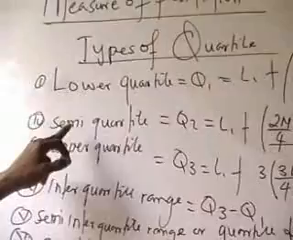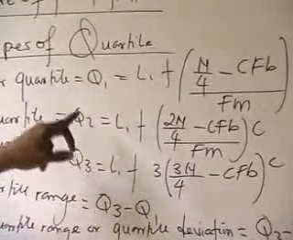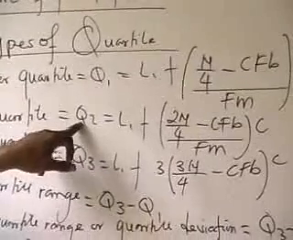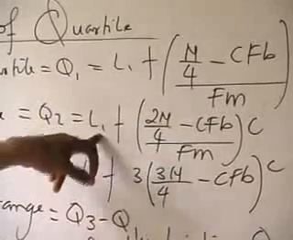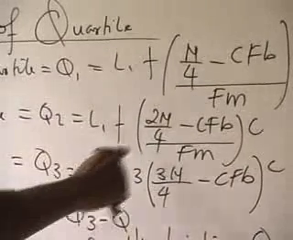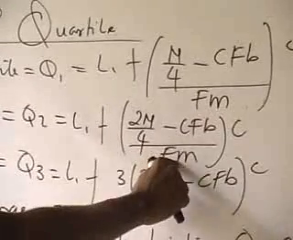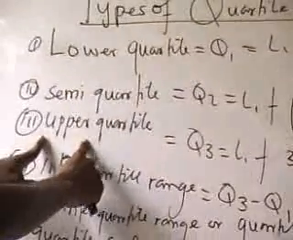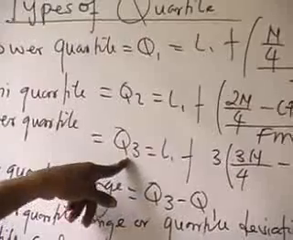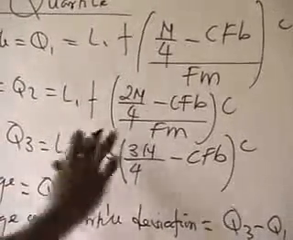Then the second one is the semi-quartile. Semi-quartile means half, isn't it? So the semi-quartile is represented by Q2, which is equal to L1 plus (2N over 4 minus CFB) times C all over Fn. So that's the semi-quartile. Then we have the upper quartile. Upper quartile is represented by Q3. And the formula is L1 plus